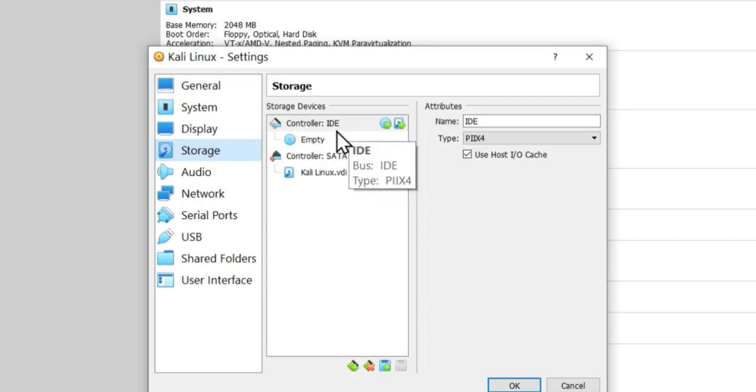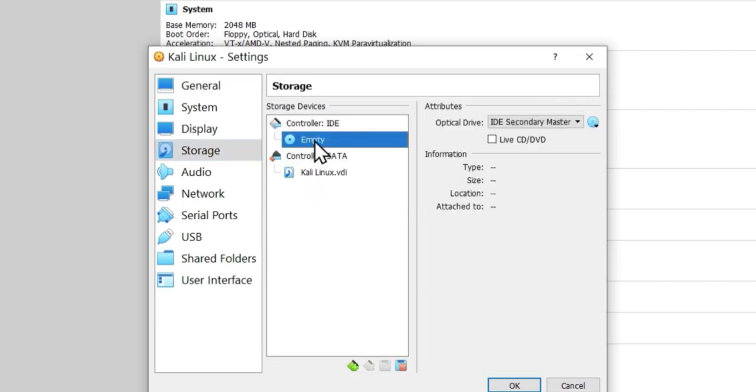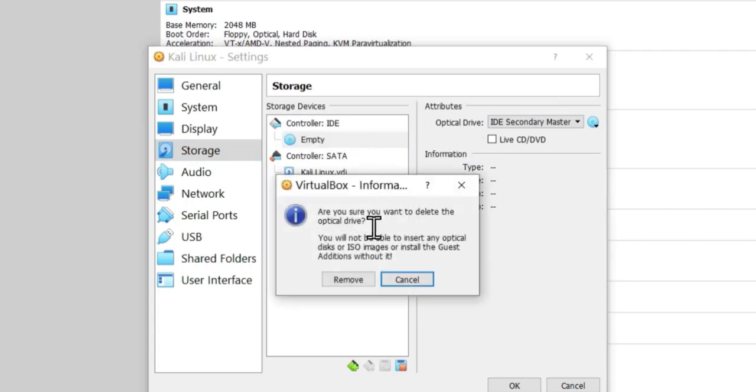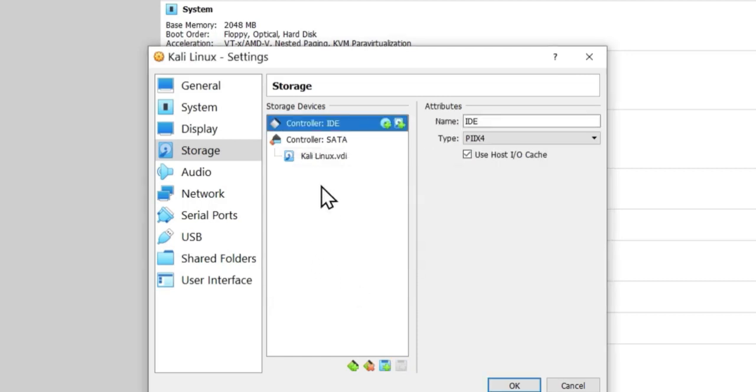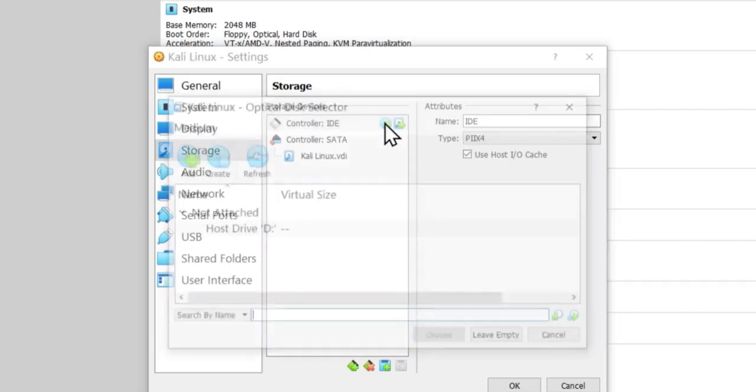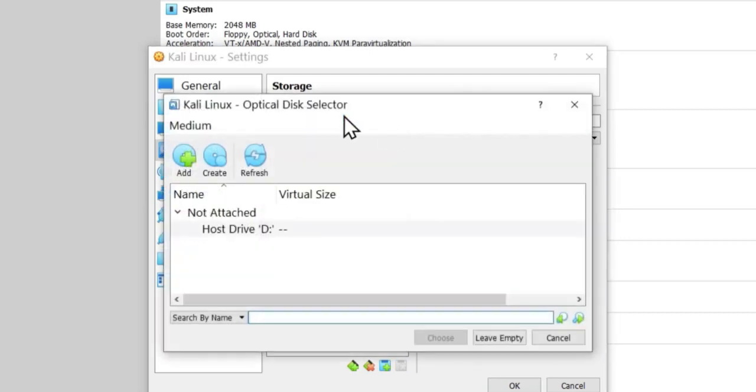To do that, we want to go to this controller IDE, and this empty part, we want to right click and remove attachment. It will ask us, are we sure that we want to delete it? We click on Remove, and after it, we want to click on this disk shape with a plus. Just click on it, and it will open up this smaller window where we want to find our Kali Linux ISO image and select it. In case you don't see it right here, you want to click on Add,